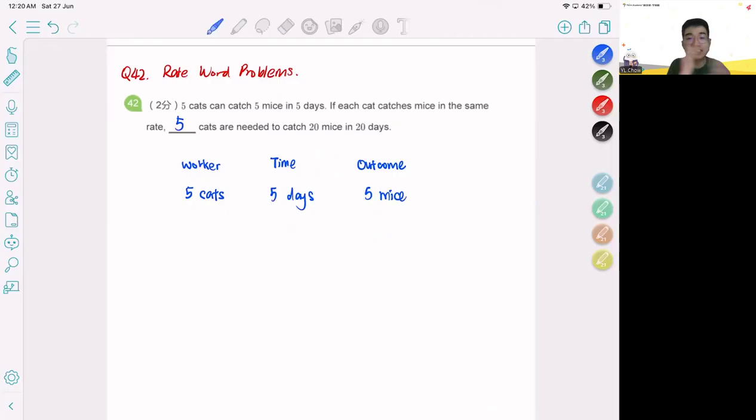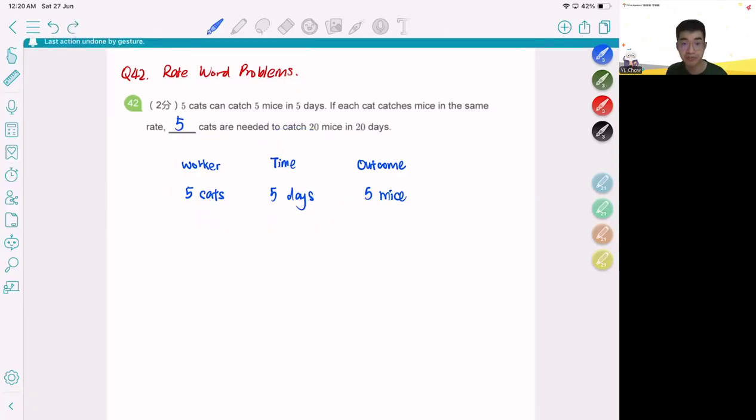Similarly, let's say I didn't change the time. The time is still 5 days. If I double the amount of workers, I have more cats, of course, they will catch more mice. In fact, they will also double the mice that they catch. All right, so it's better to write all of the things up. The change in one of these things, either worker or time,